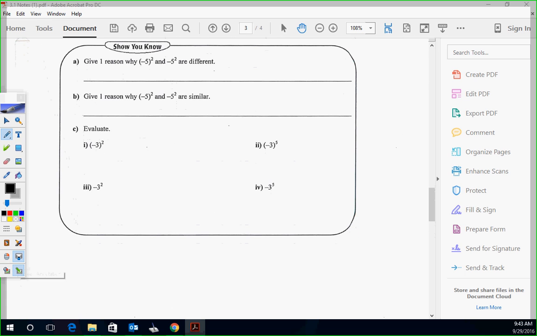Give one reason why negative 5 squared and negative 5 squared, the brackets, is different without. Aiden? Because one's positive and one's negative. Good. So the answers are different. Anybody have anything to add? Negative 5 squared is negative 5 squared. You have negative without the